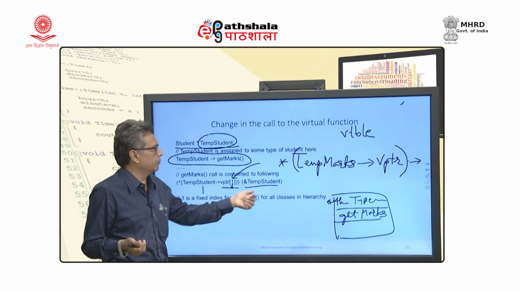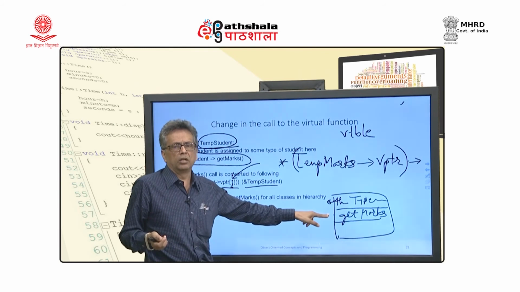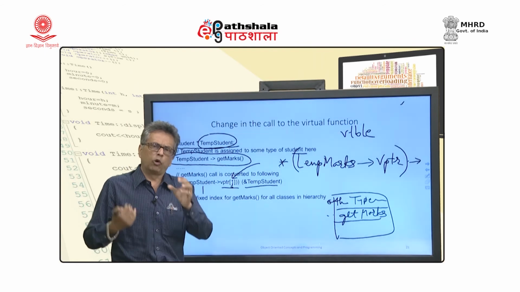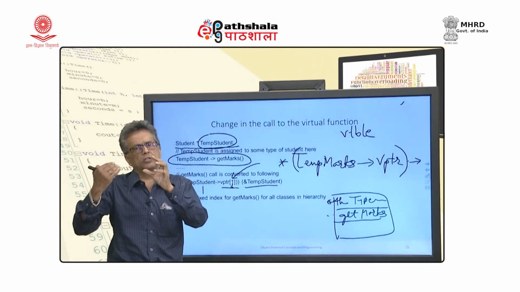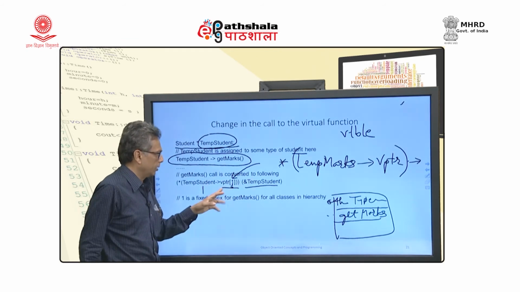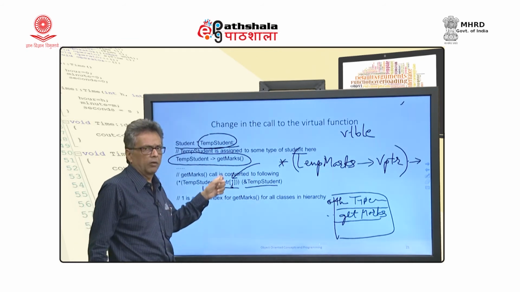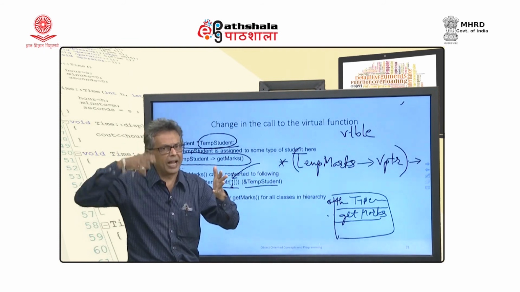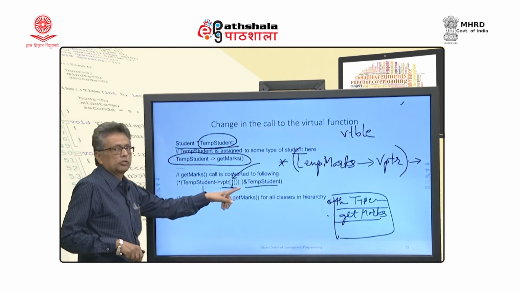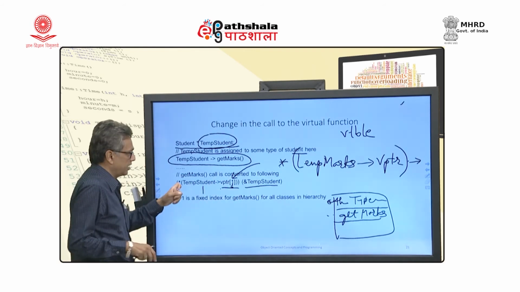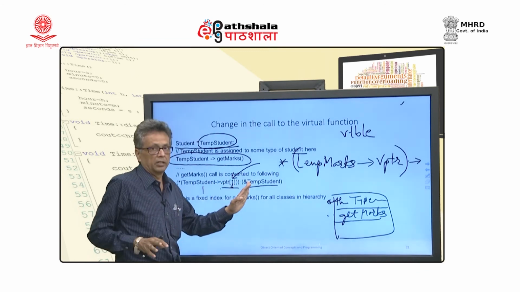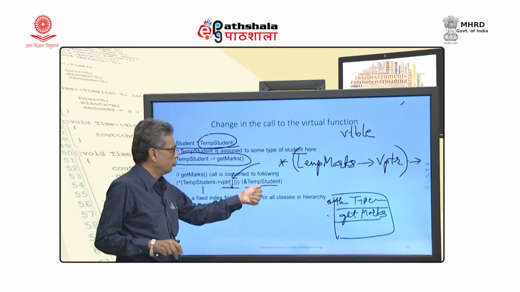For example, this get marks is the first entry in student, and it will always be the first entry in MCA student as well. Whatever virtual functions are defined by MCA student will always come later. Okay. So, that is not the problem. If it is the first entry in student, it will have to be the first entry in MCA student, and the first entry in some other class which is derived from it. So, this statement is going to work with all classes. We will just say, remember temp student VPTR, this V table's first entry, and whatever that function is, with this value.